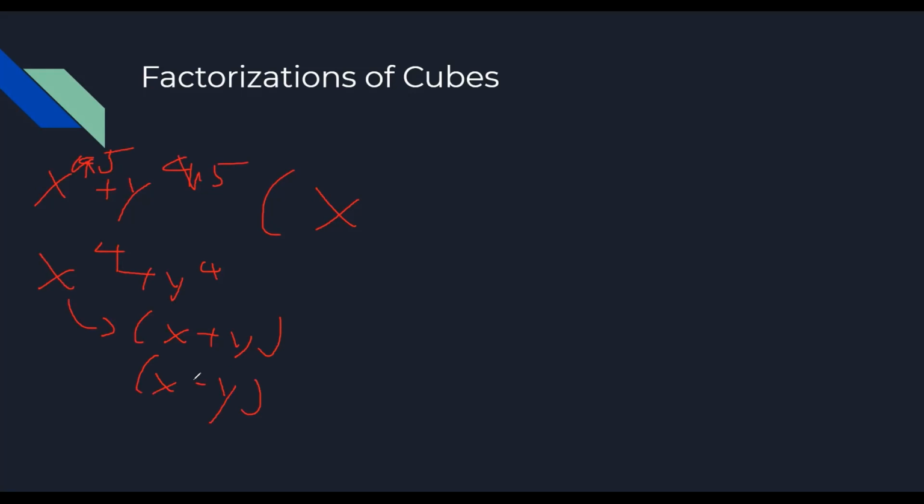neither x plus y nor x minus y divides this, because this basically means that x equals negative y is a solution if this were to be 0, and similarly for this, but they don't work unless x or y is 0, which is kind of a false solution. So we must go with, or we could go with negative y actually. So you can factor by x minus y because x equals y is the solution of this being 0. And